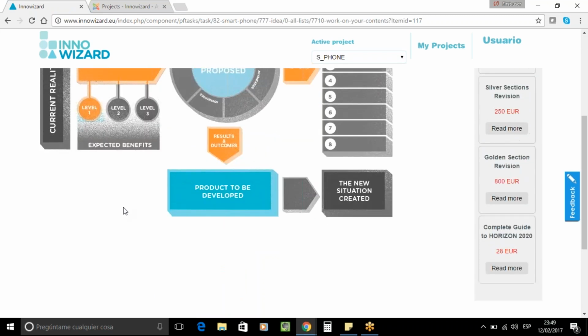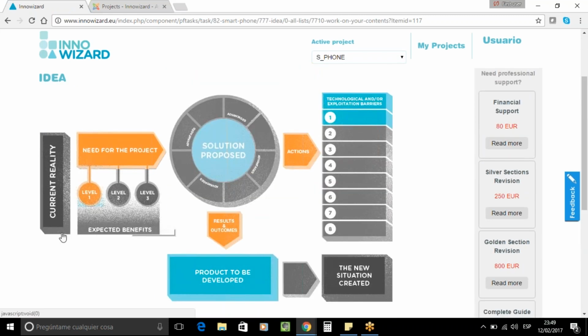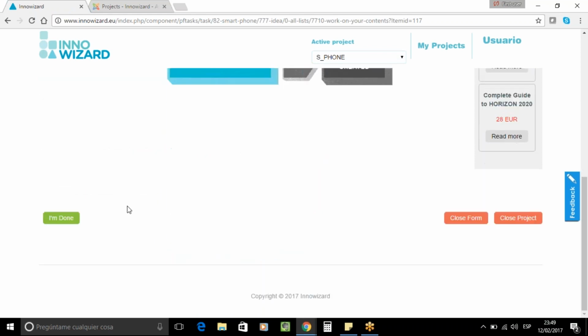So now we have completed all the compulsory fields. Of course, you could work on any of the others, but these are the only compulsory ones. And now, if I click on I'm done,